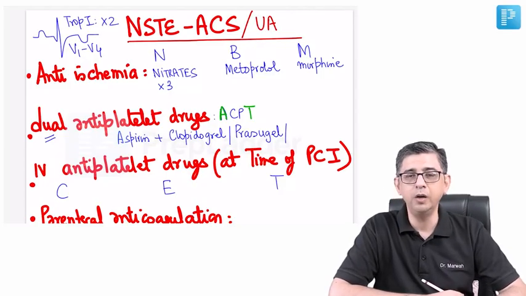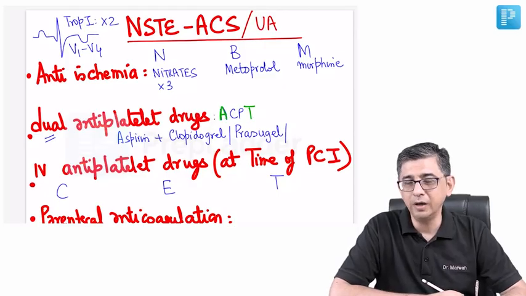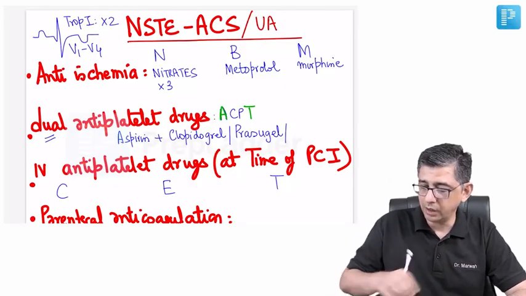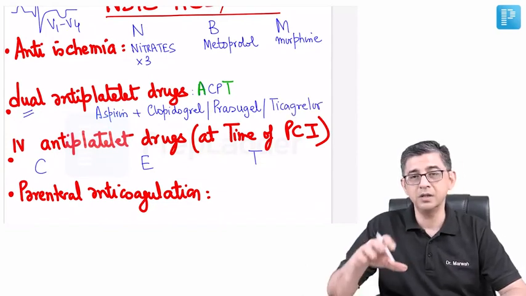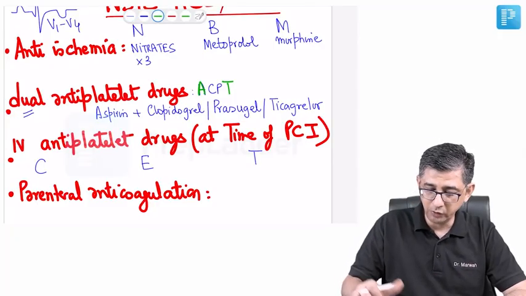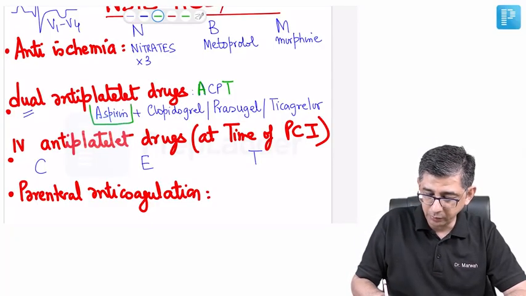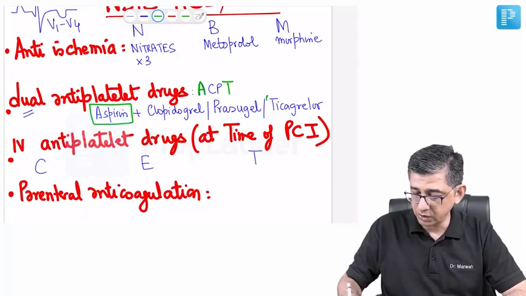So you have to read about P2Y12 inhibitors. The P2Y12 inhibitors which can be used orally are prasugrel, or we can be using ticagrelor. These are oral antiplatelet drugs that would be useful for management of the patient. In majority of the hospitals nowadays, the dual antiplatelet therapy for non-ST elevation MI which is being used is aspirin